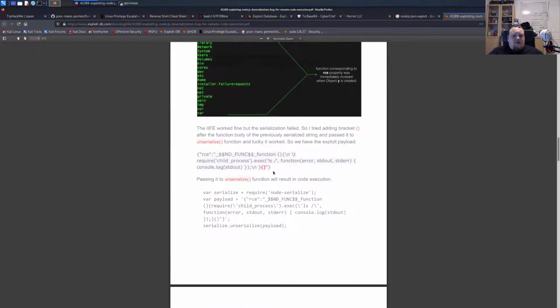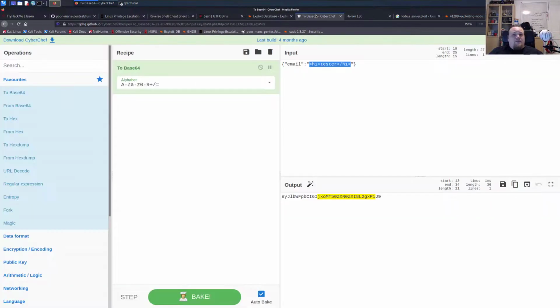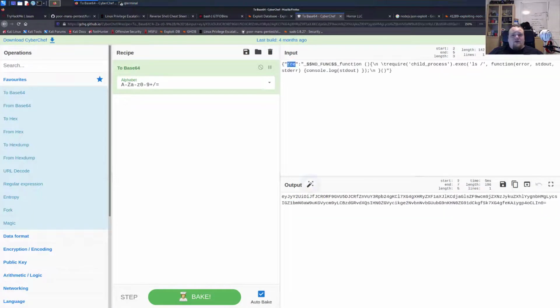Yeah, so we got a specific version here, and they do talk about needing to add the brackets, so it's called automatically, which I think is called an anonymous function call or something like that. I'm not really sure, but let's take this and go ahead and put it into CyberChef, replace this with email. And